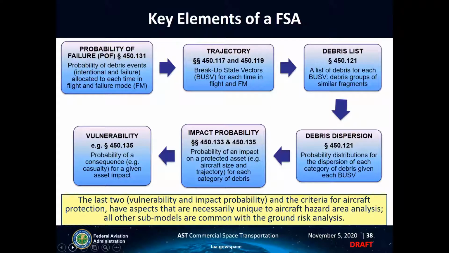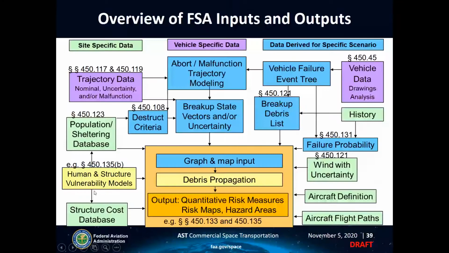Next slide, please. So this slide shows an overview of all the inputs and outputs for a flight safety analysis, and you can see that there are many. So starting on the upper left, we see there's some site-specific data that's marked in light green. So for example,